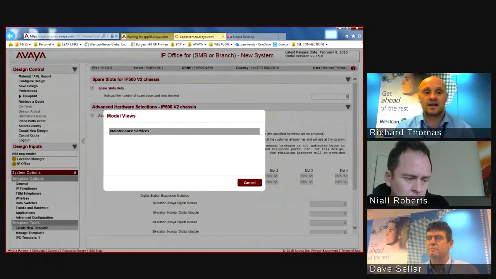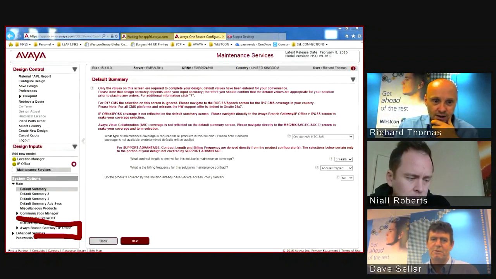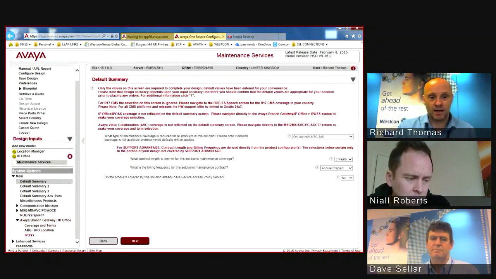So this is going to take us to maintenance, and all we need to do, if I get my little pen, we go down, all this we can ignore, go right down there to Avaya Branch Gateway IP Office. Hope you can see that. Let's take that out, that looks terrible. Just down there, that was good. There we go. Apologise for my terrible drawing. Right, so all we have to pick out is IPOS,